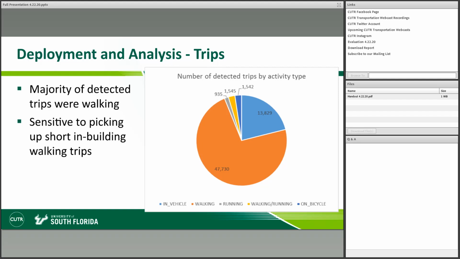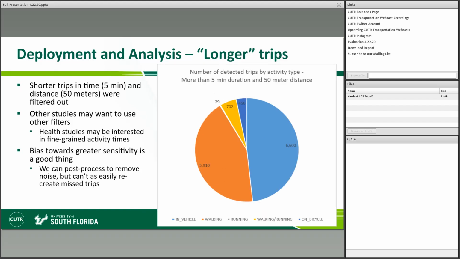So to give us a better picture of what we would traditionally call trips, something more like home to work, at a more macro scale, we filtered out any trips that were shorter than 5 minutes in time, and anything where the travel distance between the origin and destination was less than 50 meters.